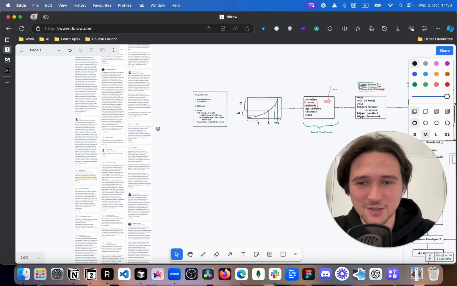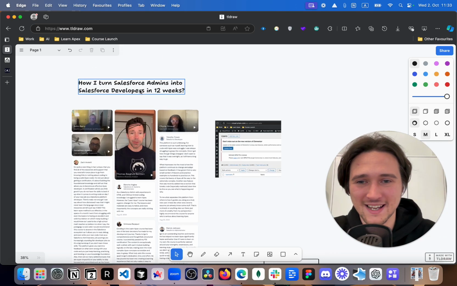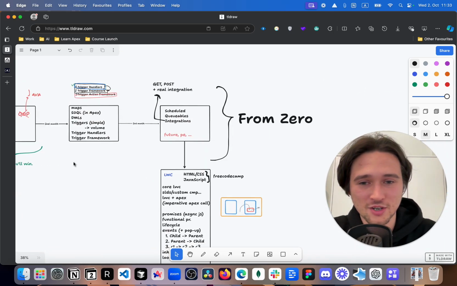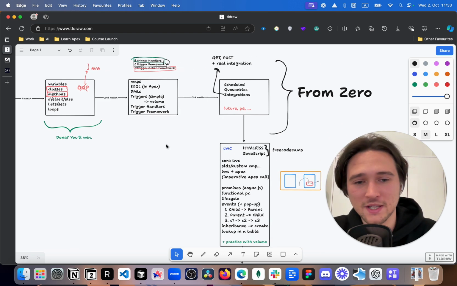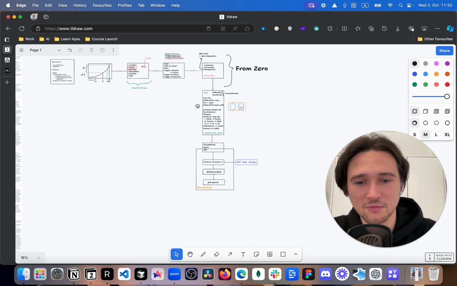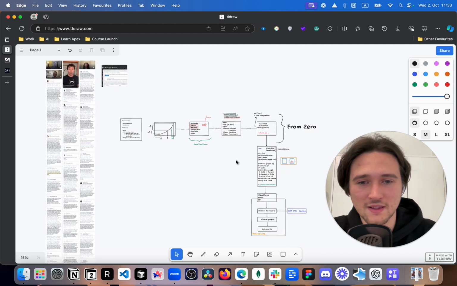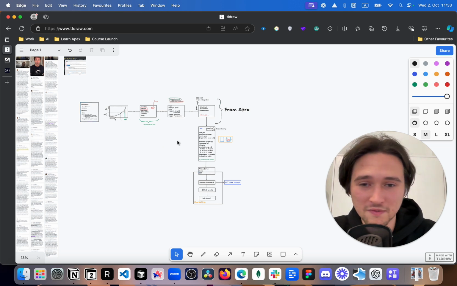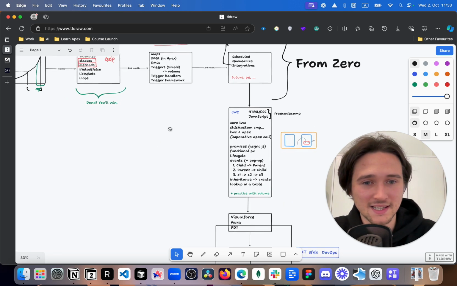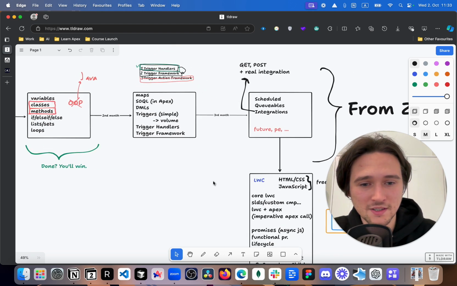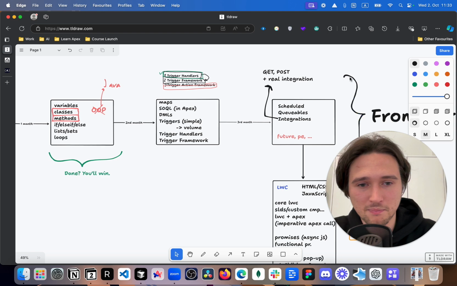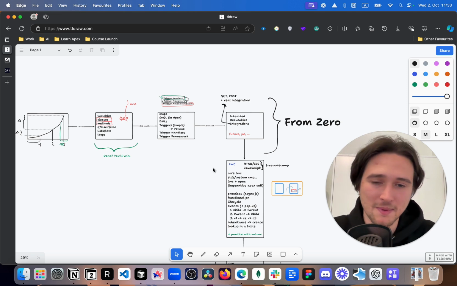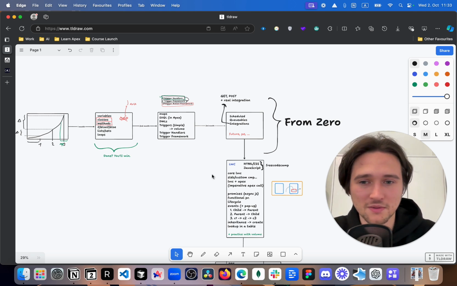I wanted to show you how to become a Salesforce developer in 12 weeks. I actually showed you the whole process. I only thought of showing you this, but then I realized, why don't I show you how to move further? It doesn't take 12 weeks. It's important: you cannot do all of this in 12 weeks. That's impossible. You can definitely do parts of it in 12 weeks. Even if you study a lot, you cannot do it in 12 weeks, even with the mentoring. It's just not reasonable.